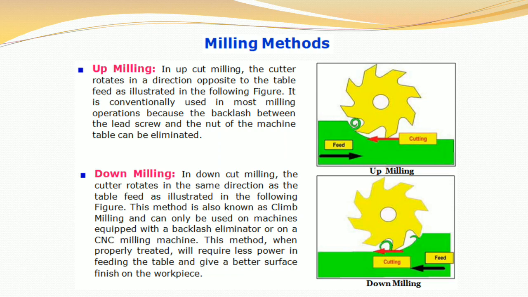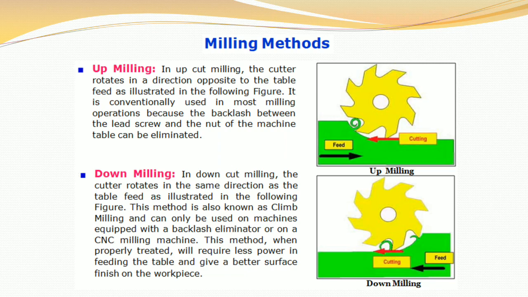Next, down milling. In down cut milling, the cutter rotates in the same direction as the table feed, as illustrated in the following figure. This method is also known as climb milling and can only be used on machines equipped with a backlash eliminator or on a CNC milling machine. This method, when properly treated, will require less power in feeding the table and give a better surface finish on